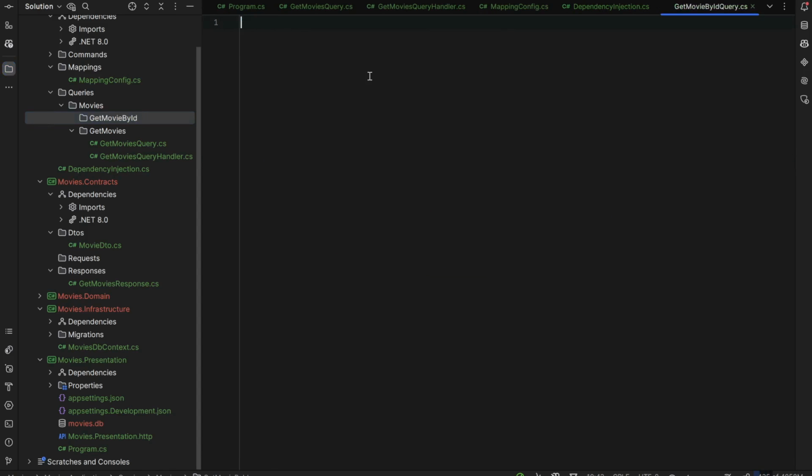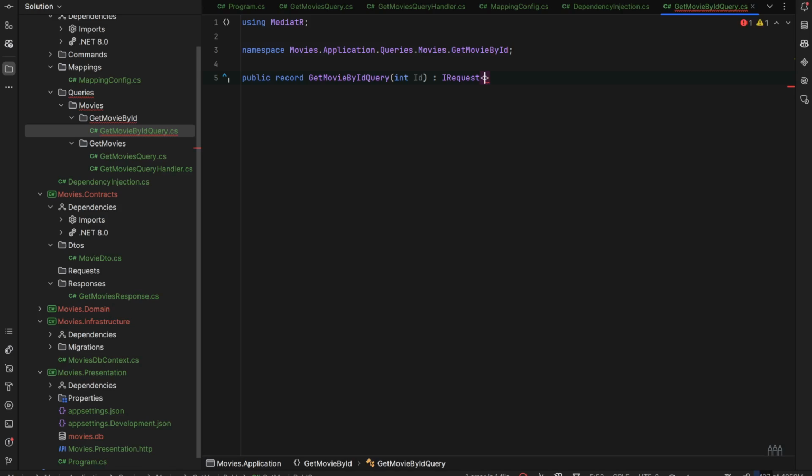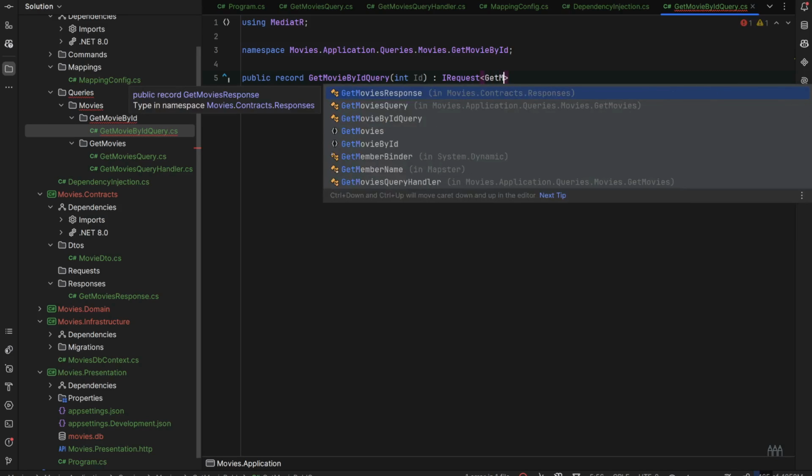Yes, and it will be the record. So we'll just write here int id, because we'll pass the specific ID of the movie just to get this resource from the database, and we'll have to inherit from, as before, the IRequest. And now, once again,